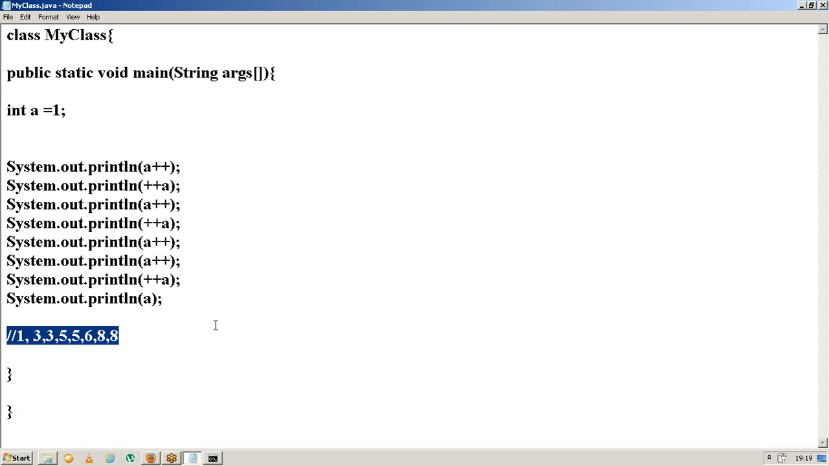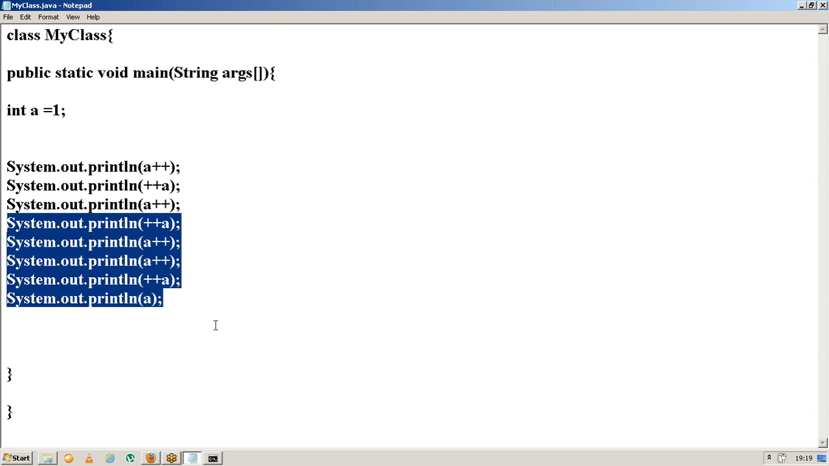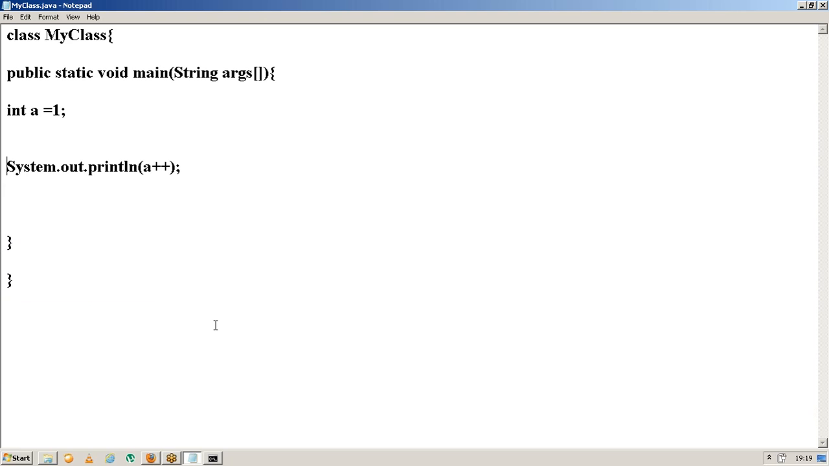So coming to this one, how many types of increments are there? There are two types, right? First one is pre-increment, second one is post-increment. Pre-increment will be there, and post-increment also will be there. Okay, fine. So let me remove this one. Now I am trying to write the same program, which has to be executed 5 times, by using